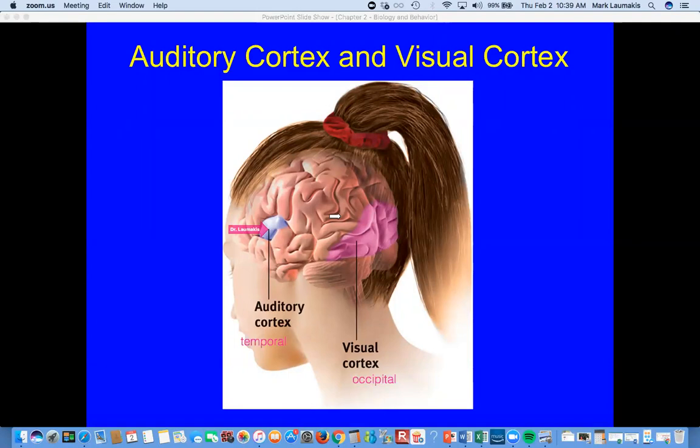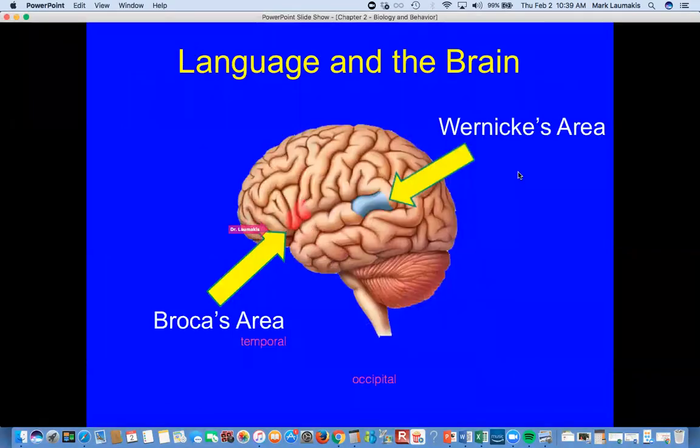Yeah, the app is called 3D Brain. Take a look at that, especially if you want to get different ways of sort of spinning this around and taking a look at it in 3 dimensions. It's really, really good. All right, I want to finish up in the last 5 minutes with one more polling question. But before I get to that, I want to just mention here Wernicke's area and Broca's area.